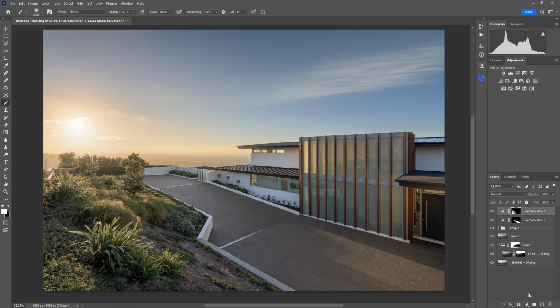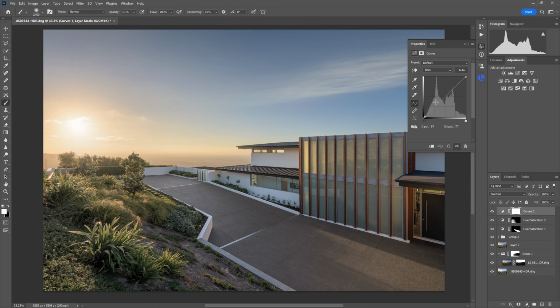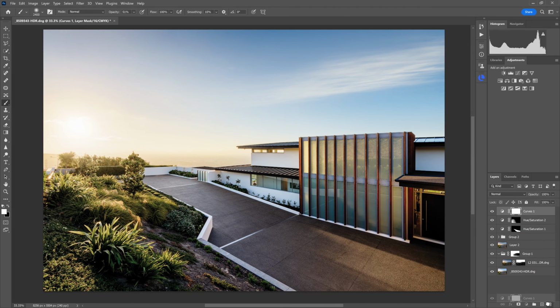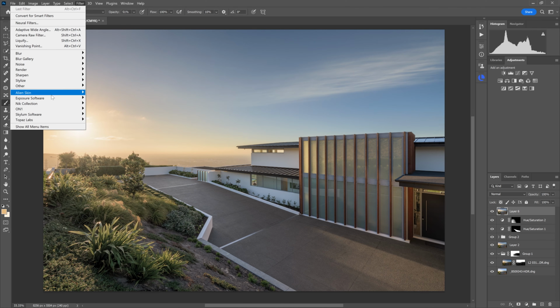The next thing I'd like to do is work with contrast, and normally the best way inside Photoshop to do that would be to open curves and start playing around with your curves, making some adjustments there. However, I said I was going to show you guys some of my favorite plugins and tools. So one thing that I will do, rather than working with curves in that way, like sure, you can absolutely do it with curves, but it's time consuming. So I'm going to make a stamped visible layer, and that's going to enable me to take this whole photo straight into ColorEfex Pro. So I'm going to come over to Filter, Nik Collection,